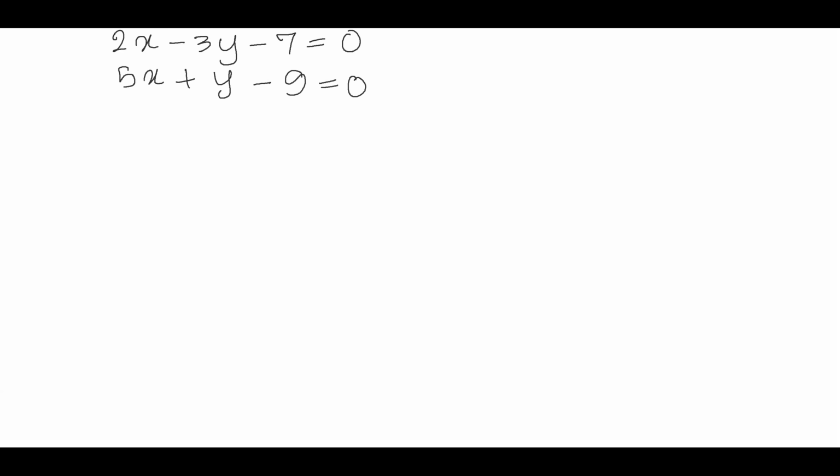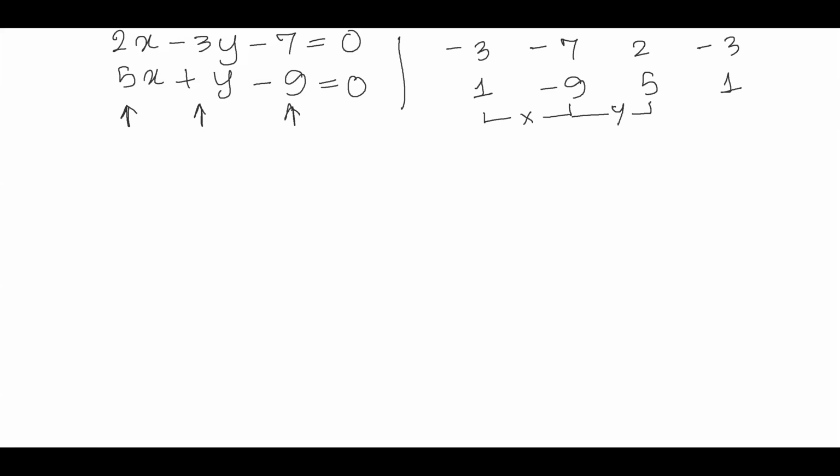So let us start making the arrangements where you start from the coefficients of the middle term, which is minus 3, uske niche aa jayega 1. Then you go over to the constants, minus 7, minus 9. Then you again go to the start, that is 2, 5, and end up where you started, minus 3 and 1. So this combination will give you the numerator of x. This combination is going to give you the numerator of y, and this is going to give you the denominator for both of them. It's very simple. Let us begin.